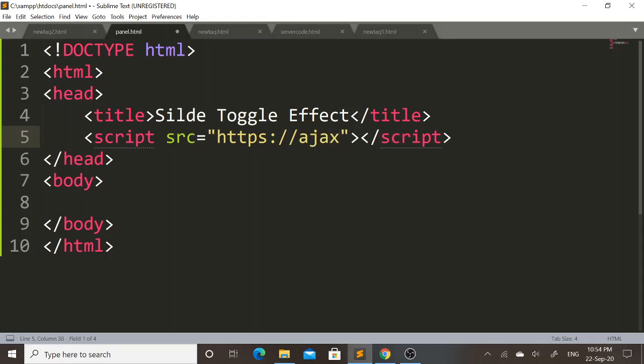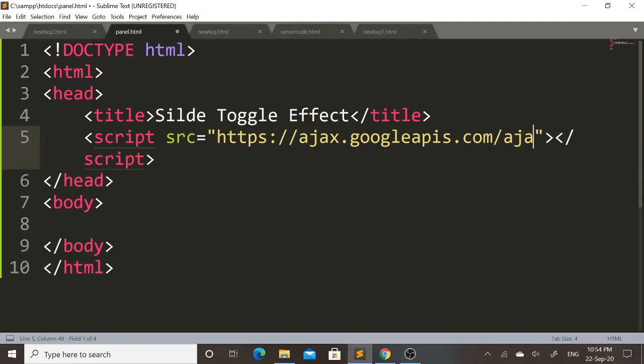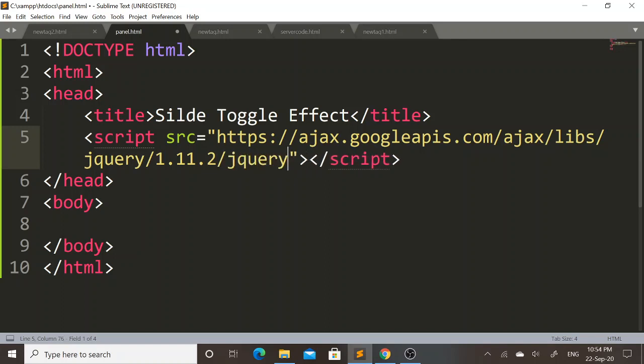https://ajax.googleapis.com/ajax/libs/jquery/1.11.2/jquery.min.js.